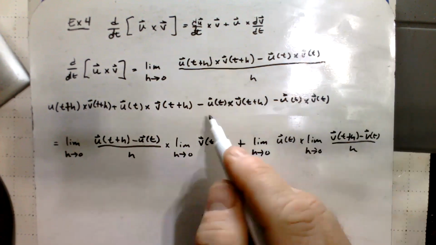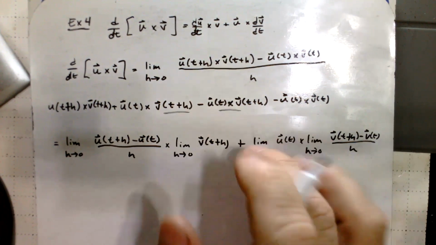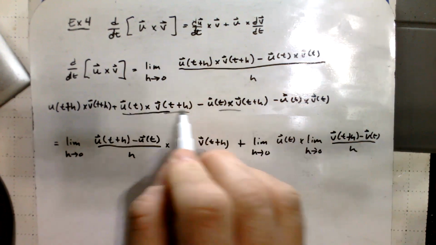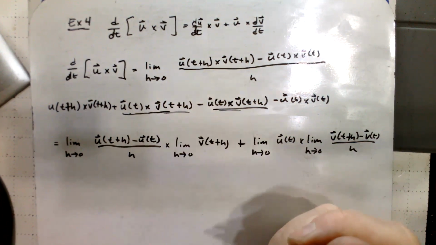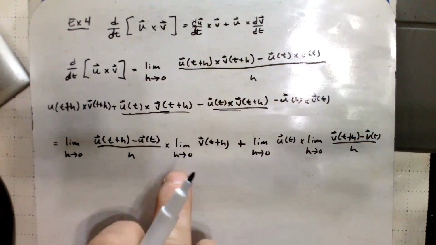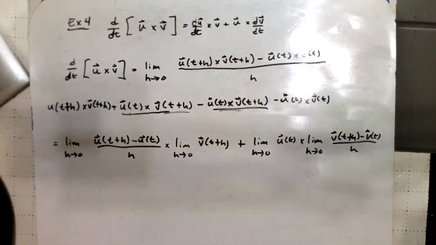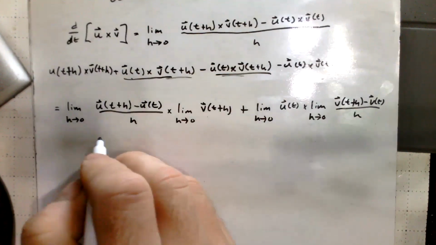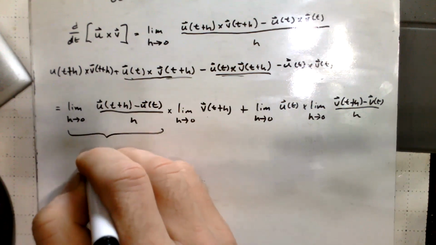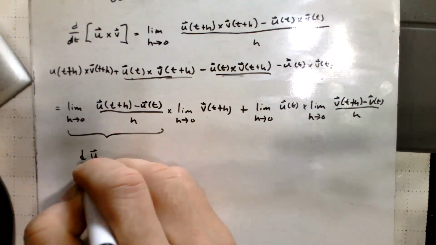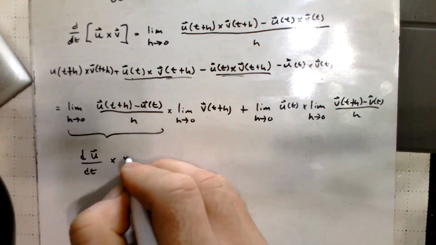So from this line, you can see why we added and subtracted this extra term. It allows us to separate, using that property of the cross product, into the sum of the two individual terms. And now I think you can see quite quickly how this turns into the result. So this right here is the definition of u prime. Okay, so this is the definition of du/dt. And that's going to be crossed with that, and the limit just turns into v of t